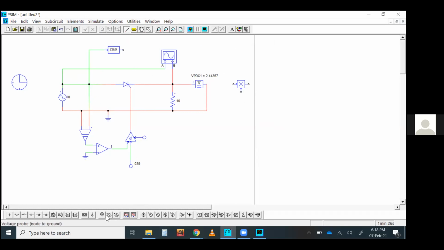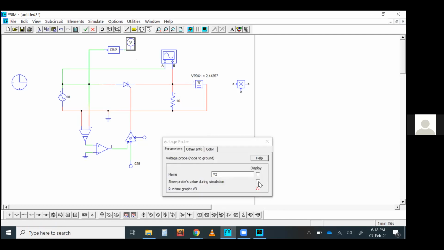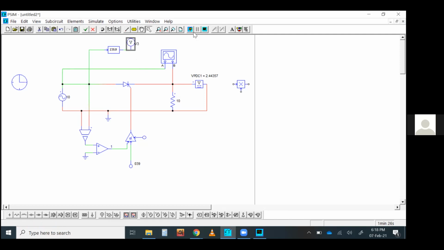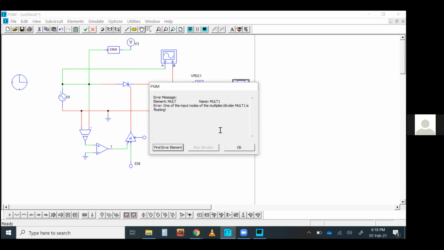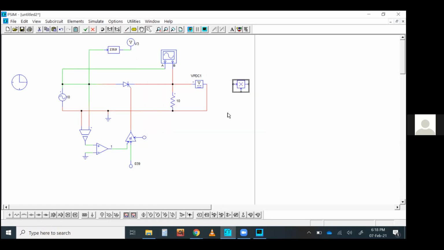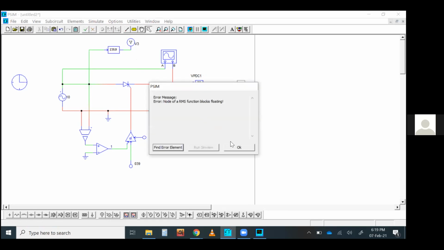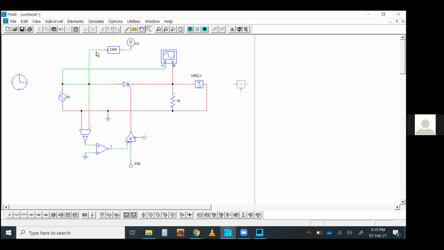Now we put a probe here, or you can put an oscilloscope. Okay, I need to disable this one. The thing is you cannot simply put it here because it does not know the reference point.